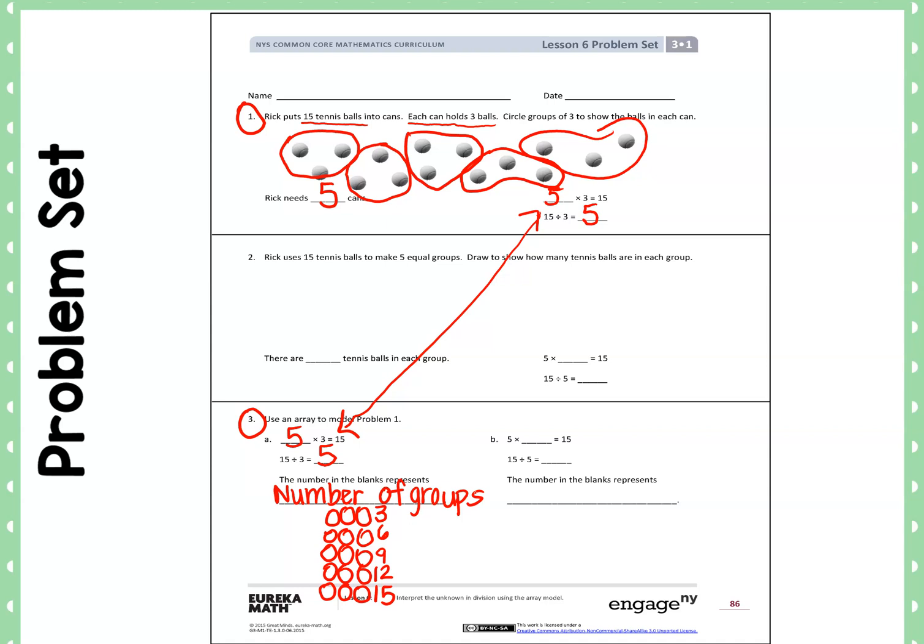Okay. Let's go ahead and flip that around. So on B, it would be 5 times 3. Okay, and then 15 divided by 5 equals 3. So we're just switching the 5 and the 3. So that array would look a little bit different. Instead of 5 rows of 3,